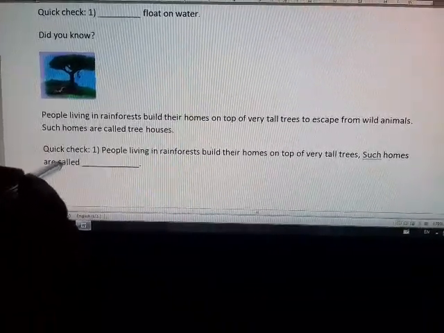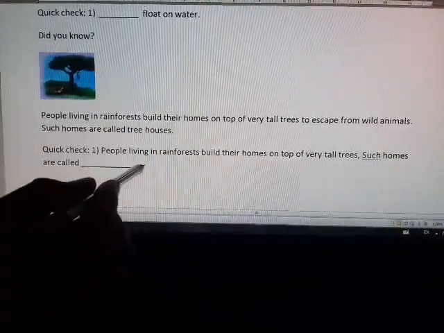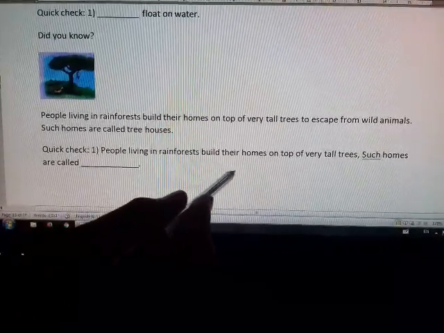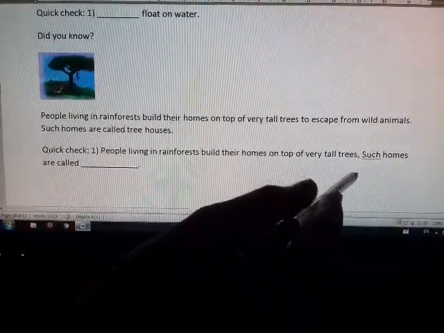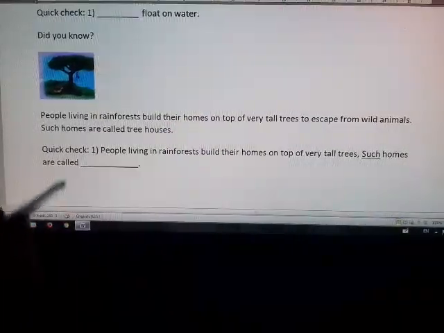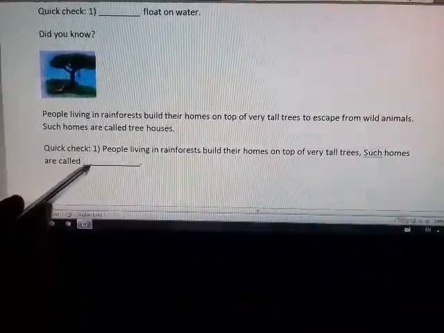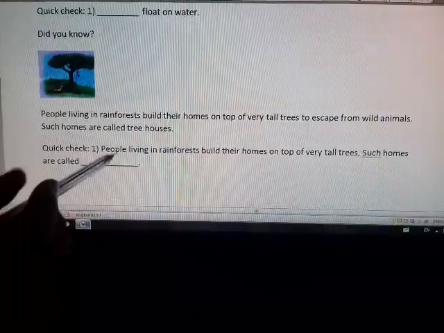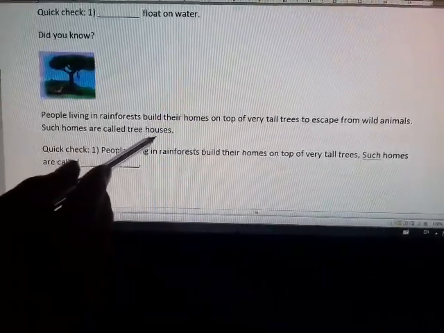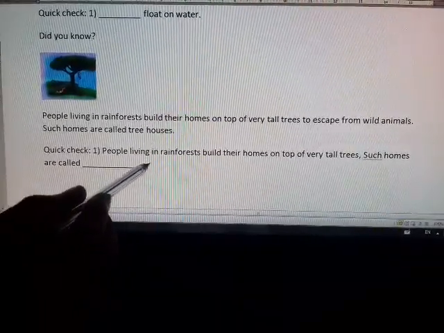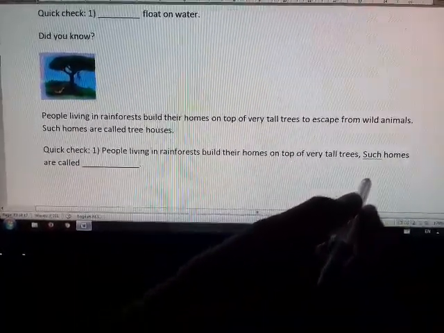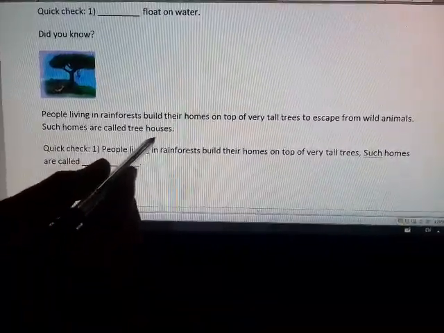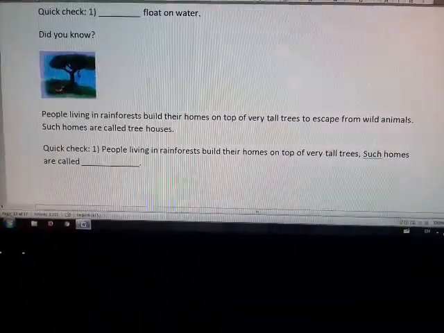Now let's quick check. People living in rainforest build their homes on top of very tall trees. Such homes are called blank. What is the answer? Yes, tree houses.